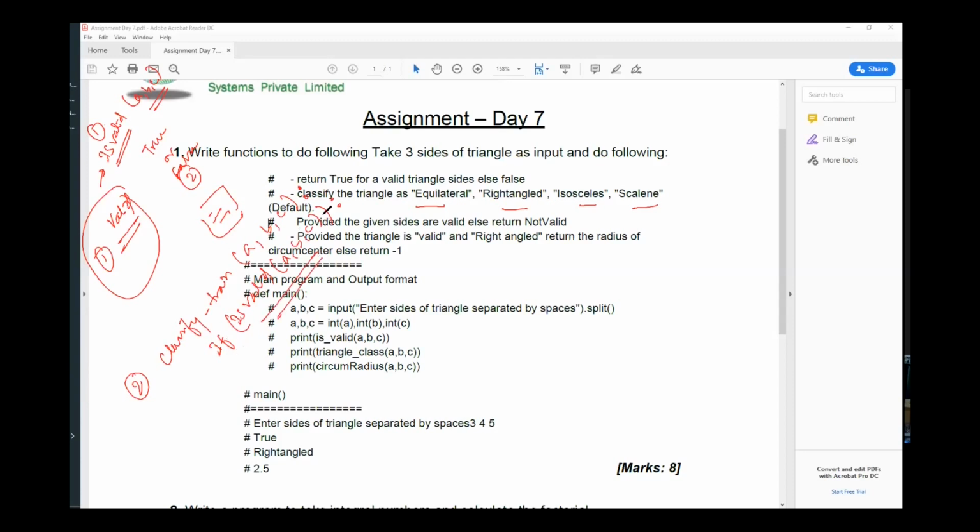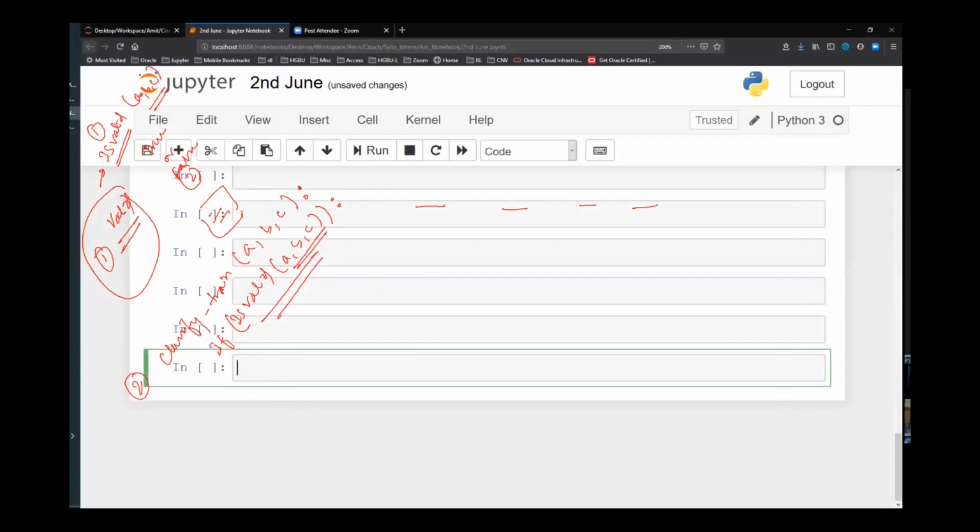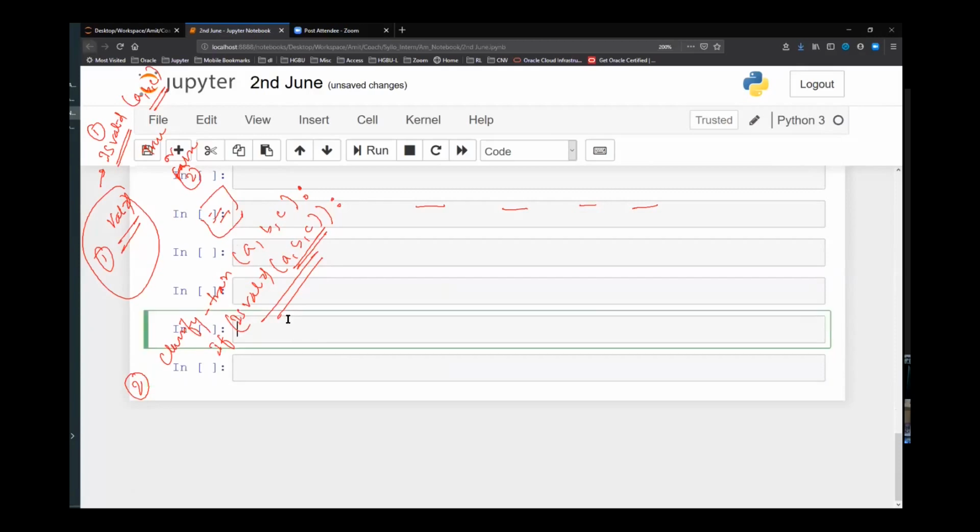That means if the triangle is valid with these given sets of sides, then only check if it is equilateral or right angled or isosceles or by default scalene, like if equilateral, if right angled, if isosceles, else scalene.